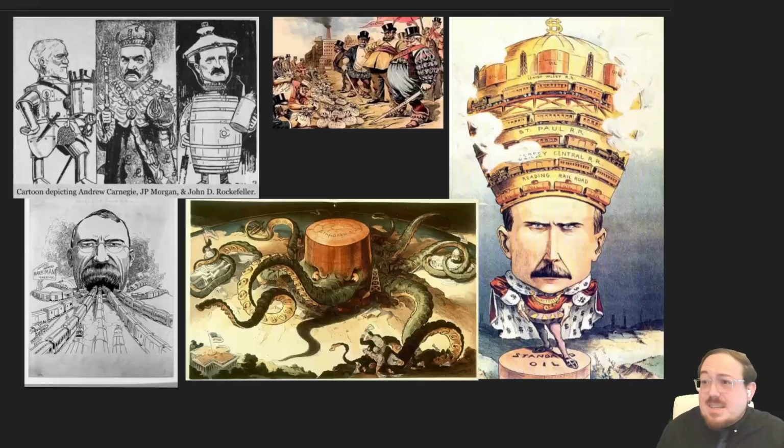His wealth has only recently been surpassed, and so it's not incorrect to say that he was richer and more powerful than some kings and other leaders around the world. At one time, Standard Oil, his company, controlled 92% of all oil production in the United States, which is why you can see them pictured here as an octopus,